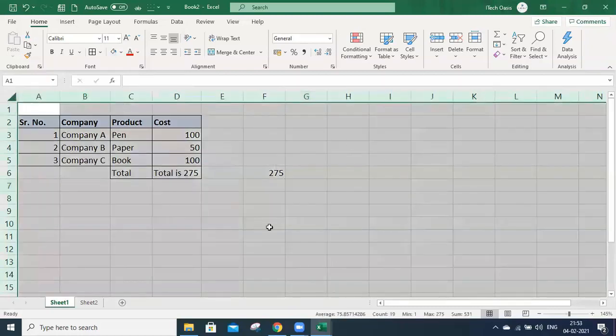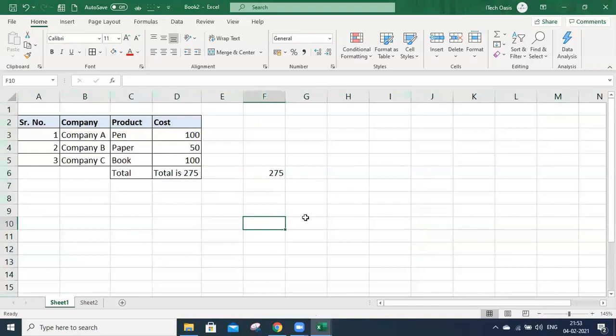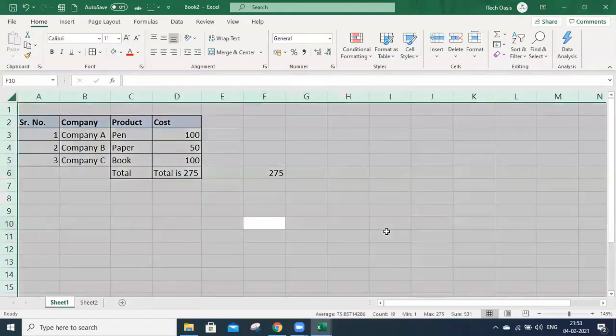Alternatively, if you are in any blank cell, not connected with other values or a data source, and press Ctrl A,